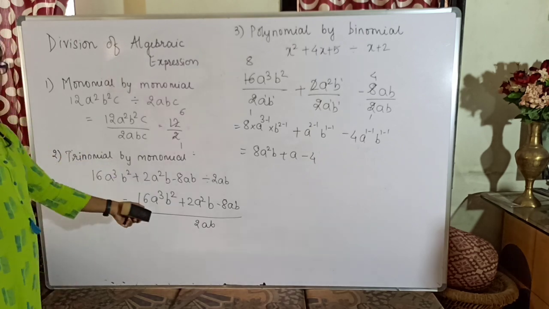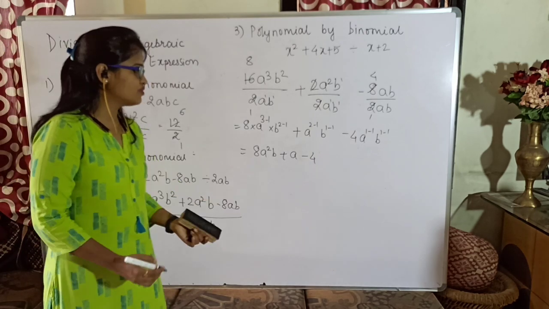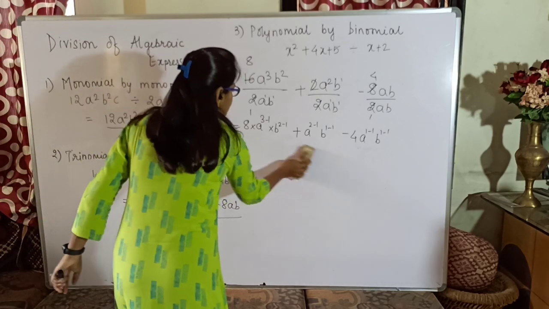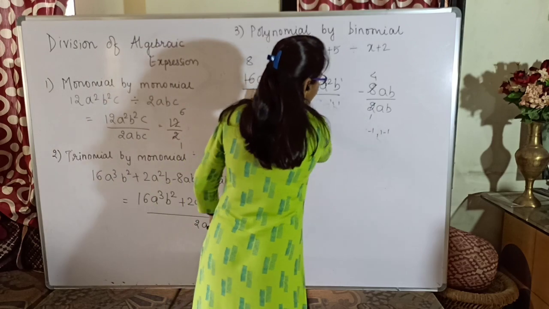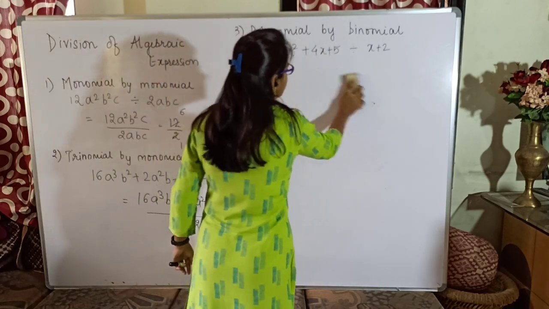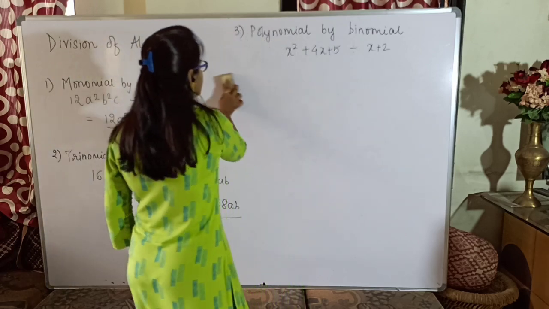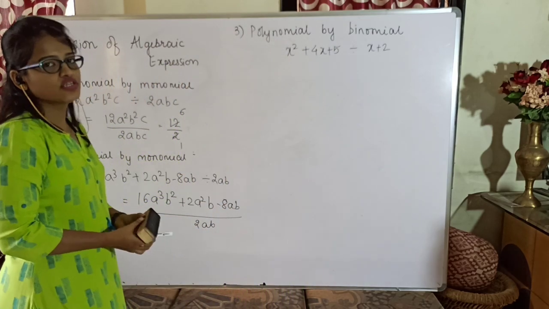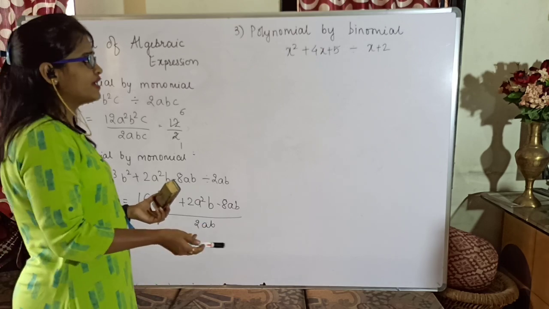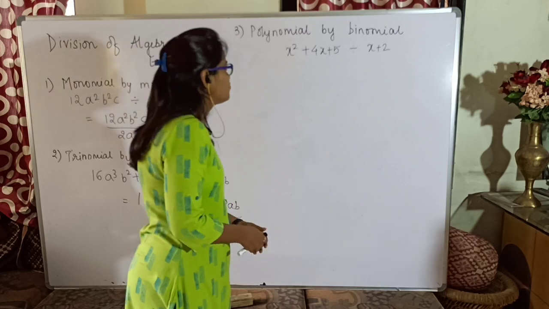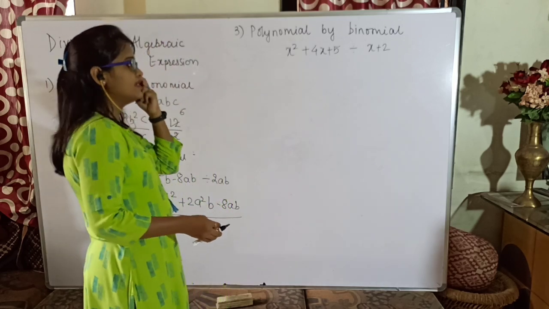Trinomial divided by binomial. So the answer is 8a square b plus a minus 4. Okay. Now let us see what if I am dividing two polynomials. Now two polynomials, it means the divisor can be a monomial, binomial, trinomial, whereas the dividend can also be binomial, trinomial, or polynomial. So this example says x square plus 4x plus 5 has to be divided by x plus